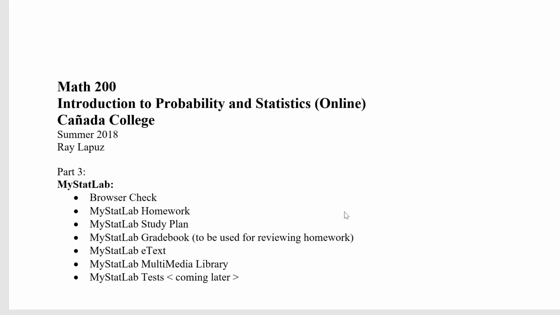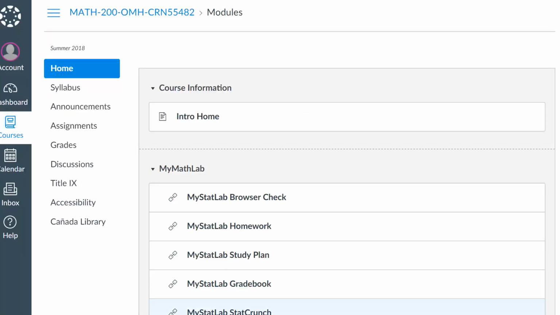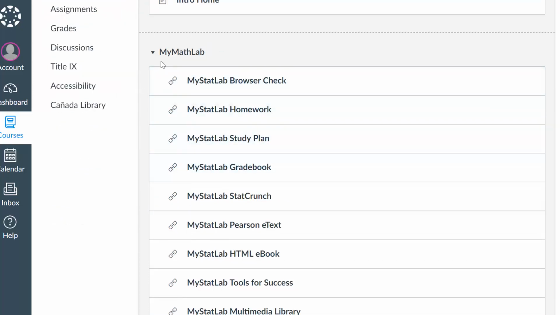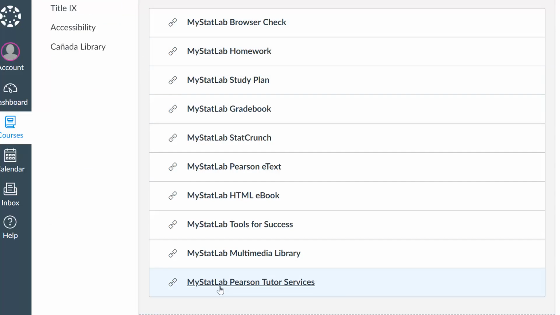The third part of our three-part orientation will dig deeper into MyMathLab. So let's go into our Canvas page. In our Canvas page, our home page, we see that our second module is MyMathLab. Here are the links to get into Pearson's MyMathLab, and if you click on any of these for the first